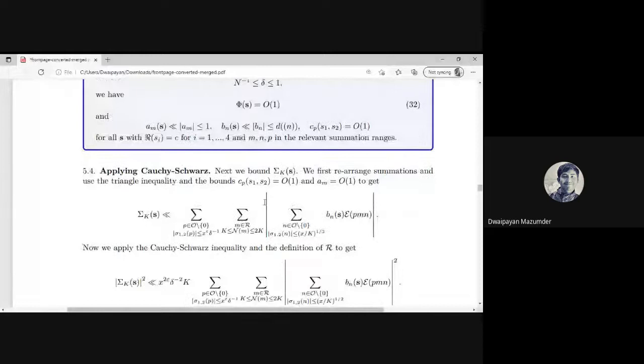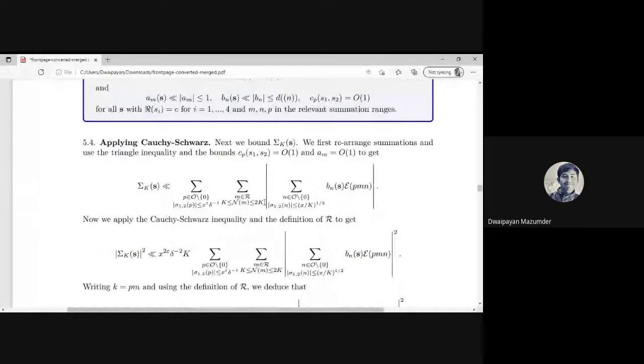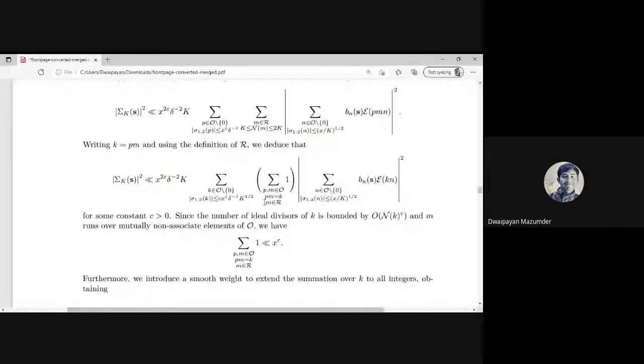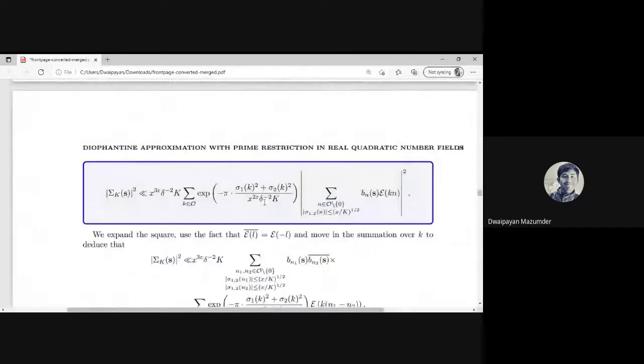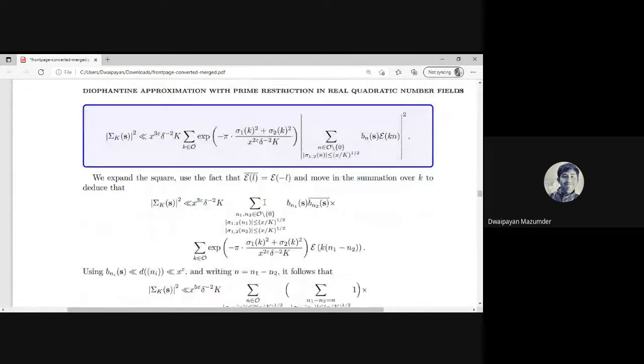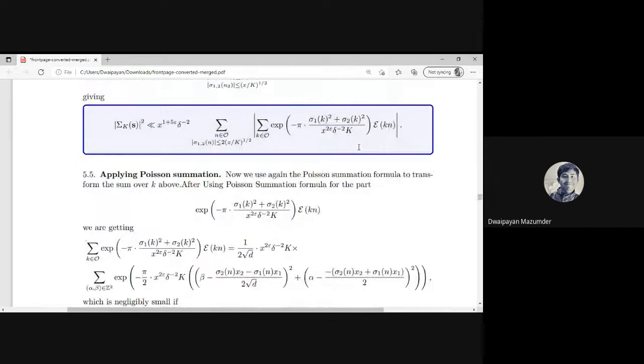Okay. Thank you. So now what we will do, we will use the Cauchy-Schwarz inequality. If you use this Cauchy-Schwarz inequality, you will get something like that. Okay, in this sigma k s square and that one. Ultimately, if you remove this particular part and the summation, and take the modulus, and open it up, then you will find a little bit of this one, sigma k square and that. And now again, you will use this Gauss summation formula for this one, and then we are getting